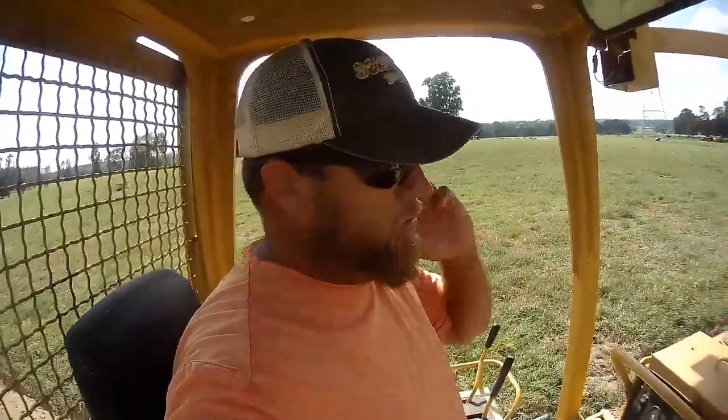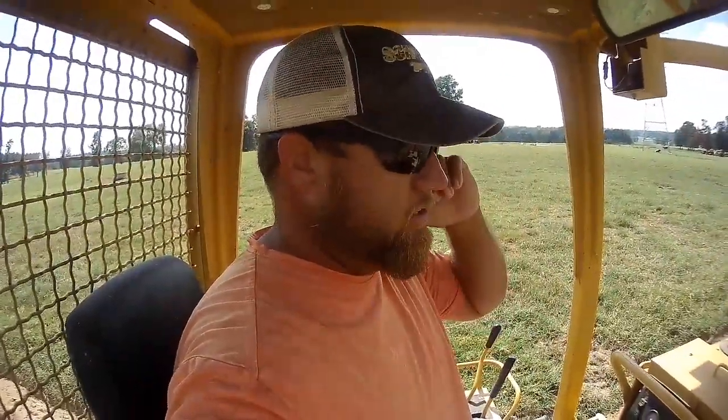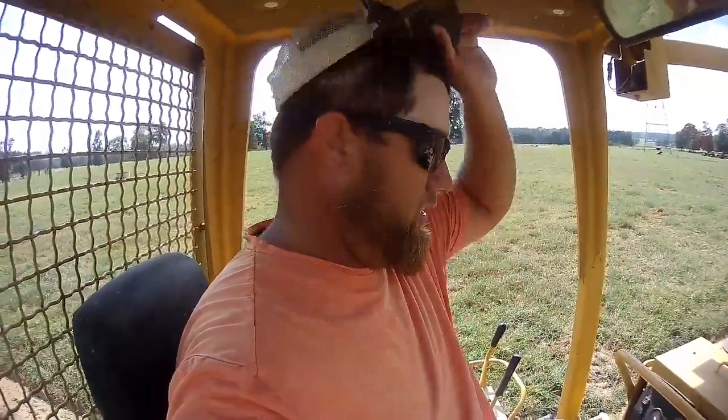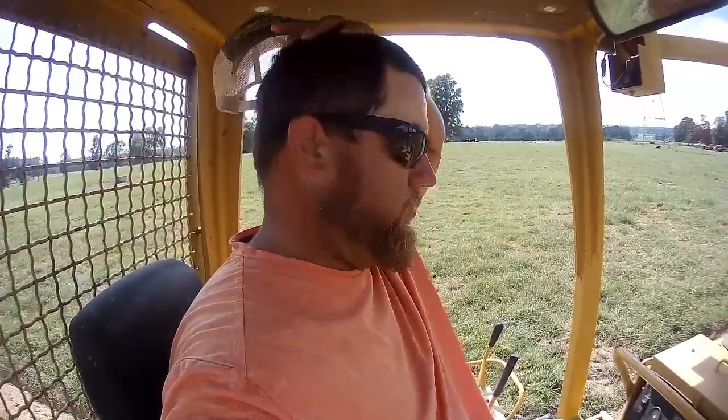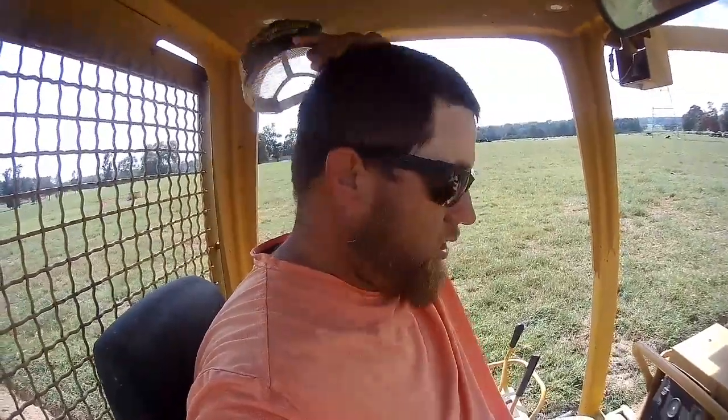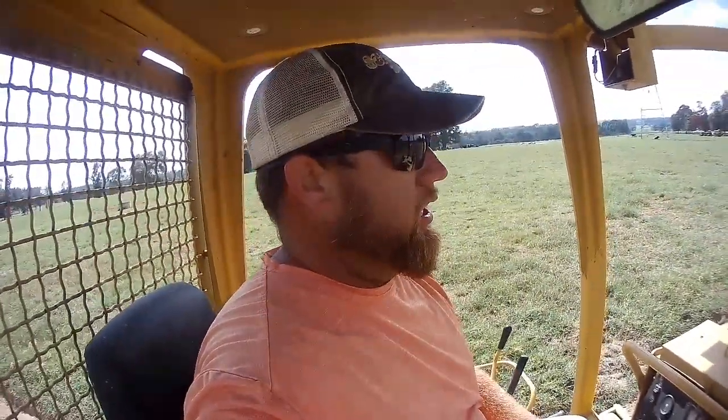All right, well, I had to run up here real quick because Wes beat me out here, and I had to get on the dozer and make a path for him to go. So on the armyworms, obviously just found them. They're just hatching. So now that's going to be something that we have to check, maybe even twice a day,